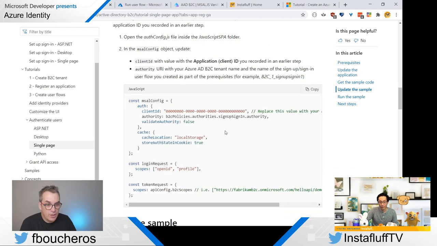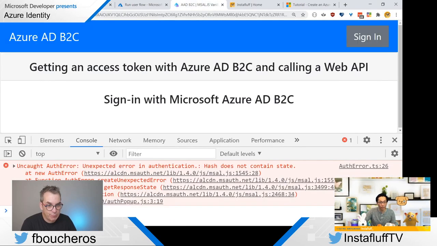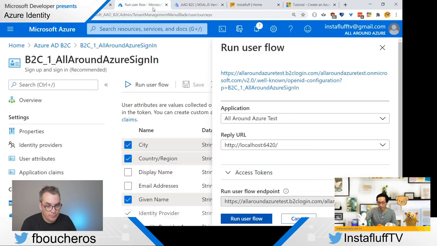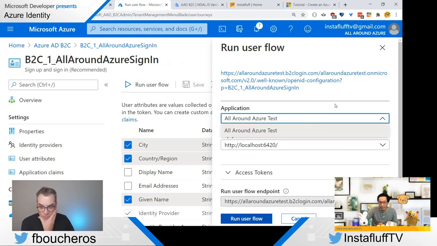We did change the redirect URI, right? Mm-hmm. Okay. Yeah, so it goes to the localhost :6420. Okay. So yeah, this is the reply URL and everything. In the applications, that one.